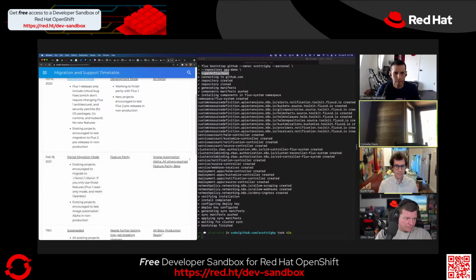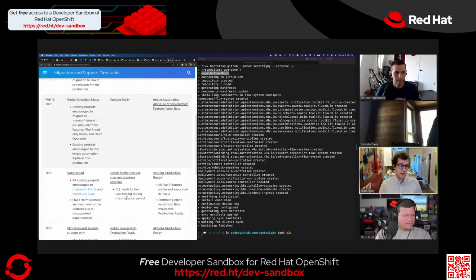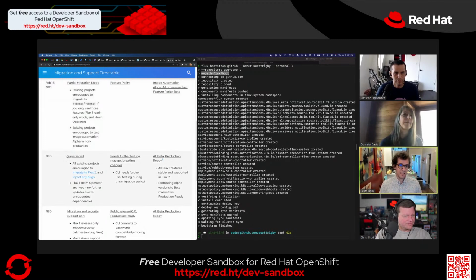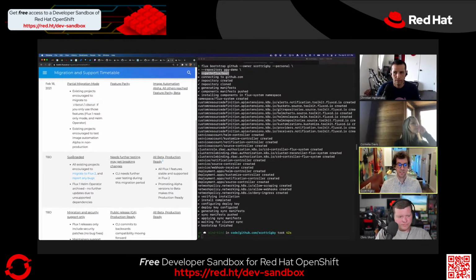The image update automation controller APIs at that date are in alpha only, and all the others had reached beta. So basically, if you're not using automated image update functionality from Flux One, then you should be good to go. It sounds like last month. Yeah. Now the very next date is when we're going to say that Flux One has been superseded. On that date, which is TBD,